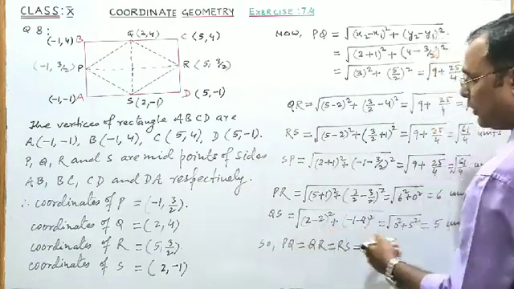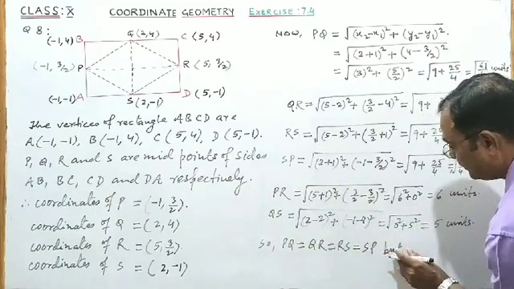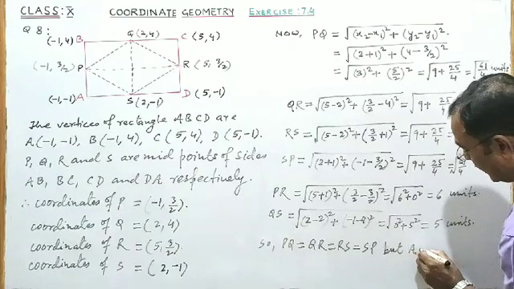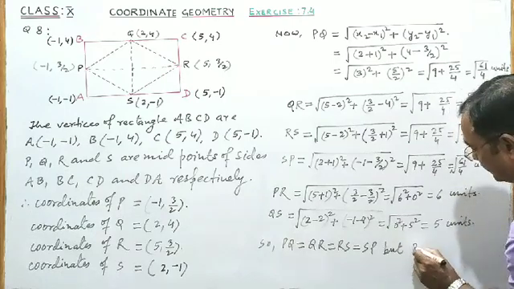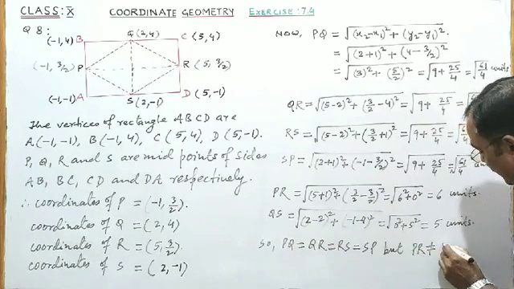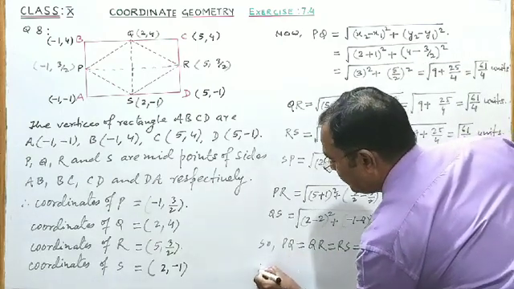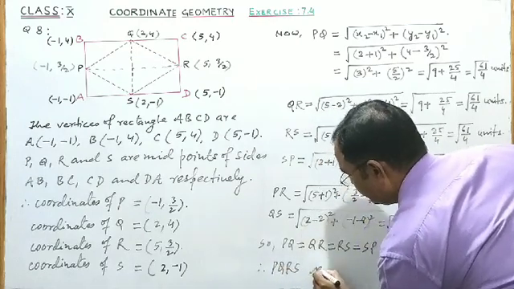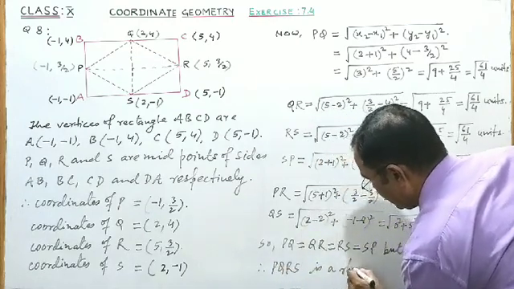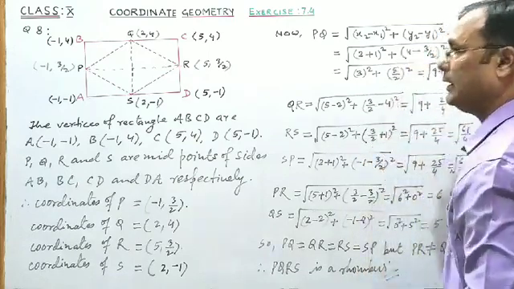Four sides of quadrilateral PQRS are equal, but diagonal PR is not equal to diagonal QS of quadrilateral PQRS. So therefore PQRS is a rhombus, and this is the